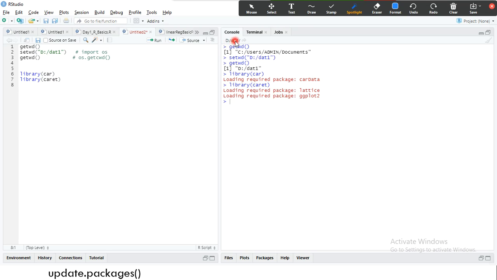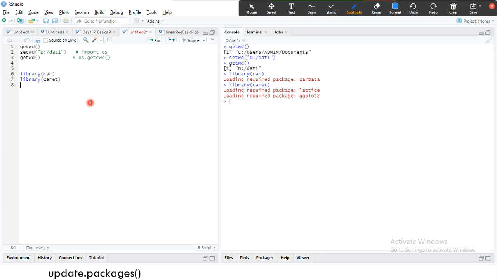Like those IDEs, here it also provides code completion. You don't have to type the entire command. If you just type a few letters, it automatically gives us the list of relevant commands which start with the letters you typed.